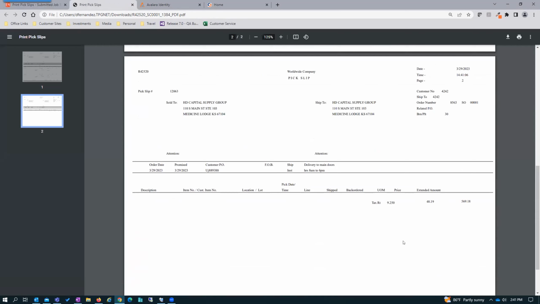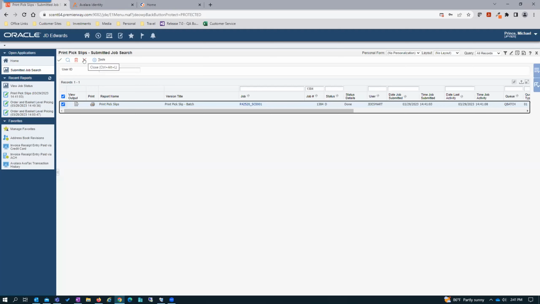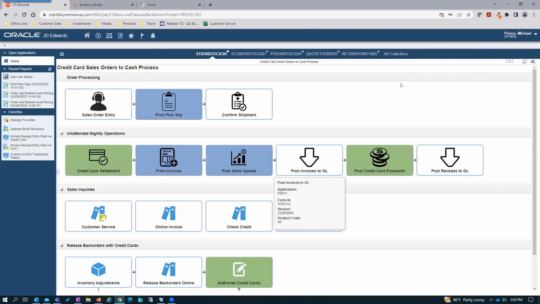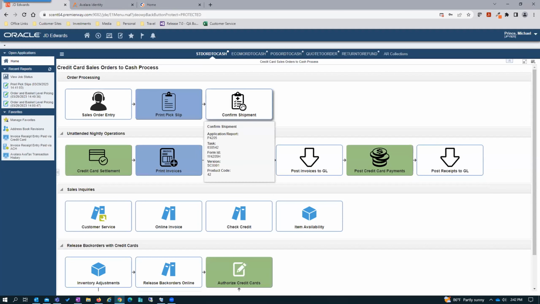Again, calling out to the Avalara APIs, passing all of the relevant information so that Avalara can then return that tax amount to be included on any documents as needed. And as mentioned earlier, important to note that to the end user, it's business as usual. Nothing to do except that we're using the Avalara system as the system of record and the calculation engine for what all of the tax calculations. So now that we've run pick slips, we're going to go ahead and do what's